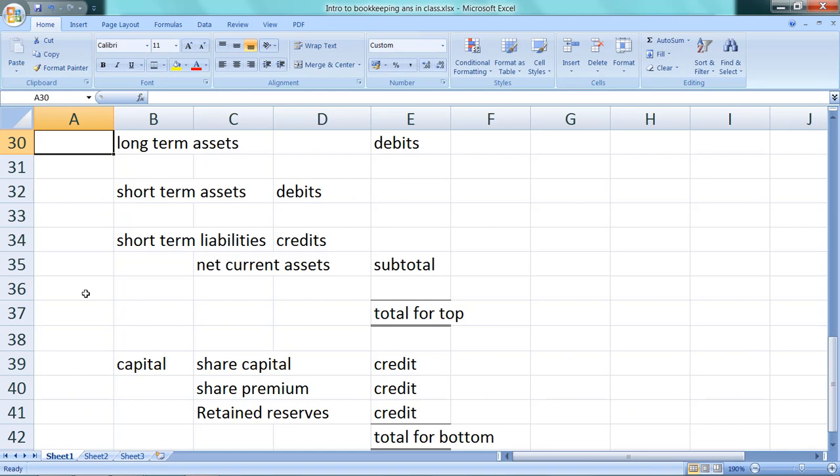Because my core objective here is not to try and bamboozle you with science. My core objective here is to give you information which is understandable so that you can then make a decision. If you can understand what's going on and you can then make a decision, my job as an accountant is now fulfilled. I've now done exactly what I needed to do. If I give you information and you don't understand it, I've now failed. Because my job is to give you understandable information, I haven't done that. Okay, that is absolutely critical to me as an accountant. Okay, are we happy with that so far, guys?